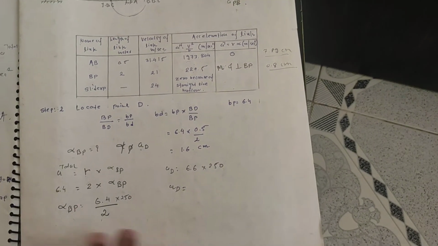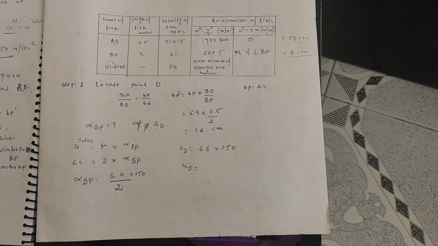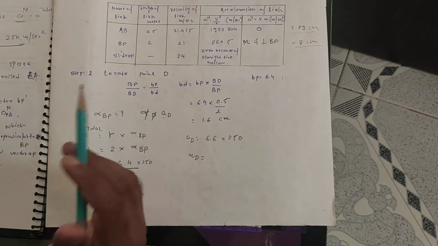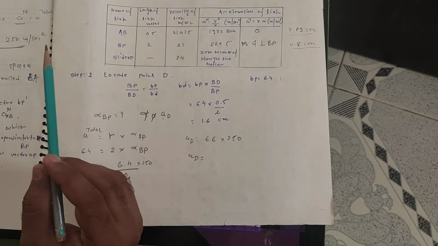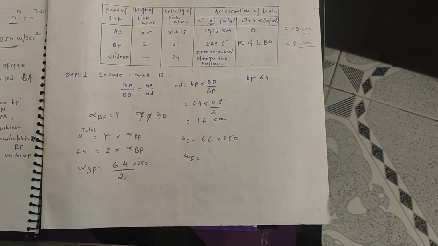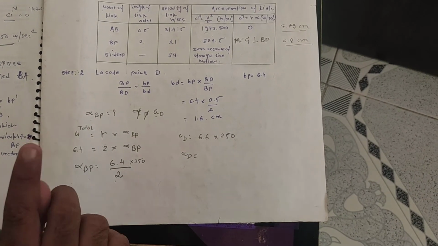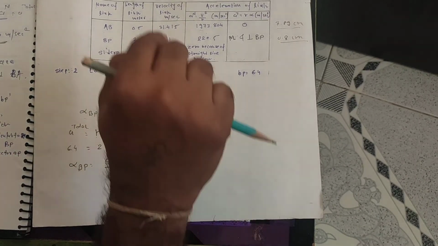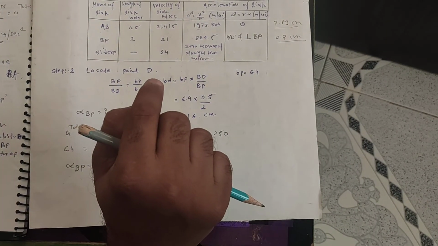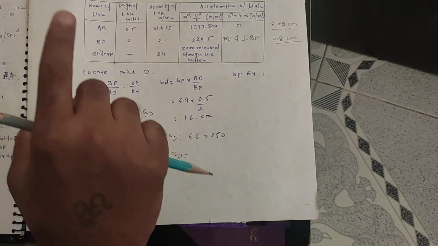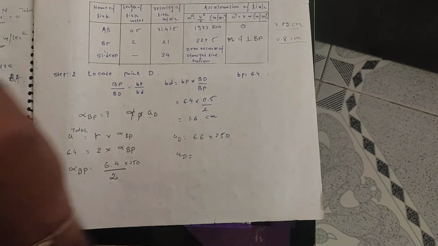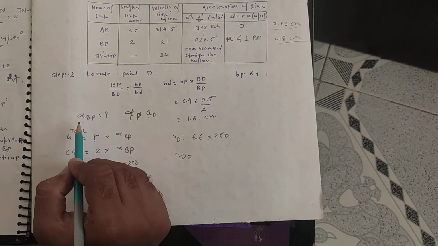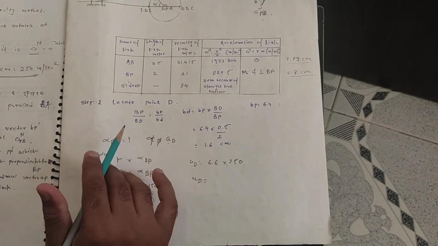So in this way we find the two things, acceleration and velocity. Whenever we start drawing the acceleration diagram, it has two components, normal and tangential. First we draw the normal component, then at the end of that normal component we draw the perpendicular, that is the tangential component, and joining the start and end gives our final component for every link. Okay, so you have to practice this, and from practice we can easily find the answers.